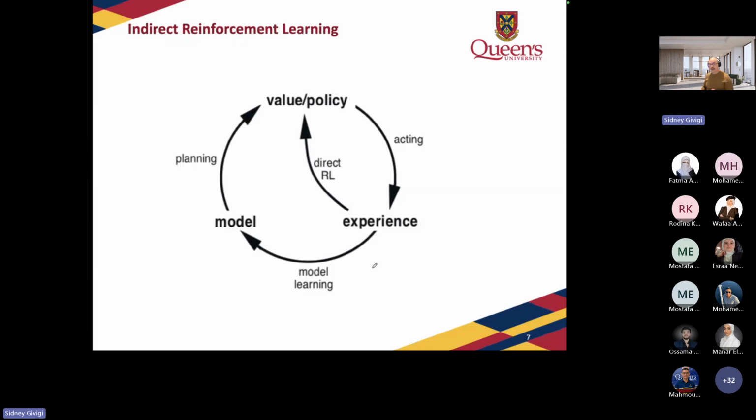If we show this in a diagram, sometimes we are going to have this value policy that is going to generate an action. This action is going to create actual experience. This experience is going to be used for two different things. One is a direct reinforcement learning loop, so it's going to change the value function directly. The other is that it's also going to be used at the same time to learn a model. So we are going to be able to derive a model from this.